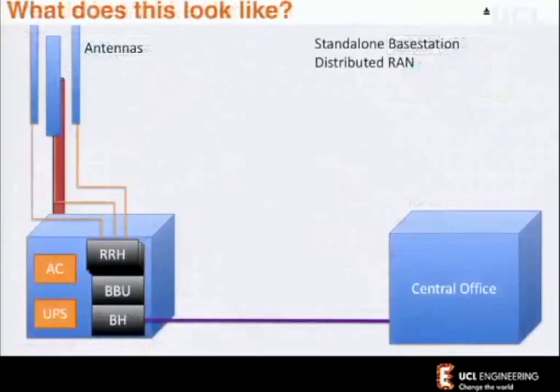So what does this actually look like? Well, we've gone from this sort of model where everything's here, and we have to think about all the things we needed in this cabinet. Air conditioning: many mobile operators will suggest that this is 30–40% of the energy usage of this unit. Uninterruptible power supplies to keep this going in the event of a failure. Bulky, expensive, difficult to maintain out in the field. And all our baseband processing units, our backhaul units, and our remote radio heads linking up to our antennas.